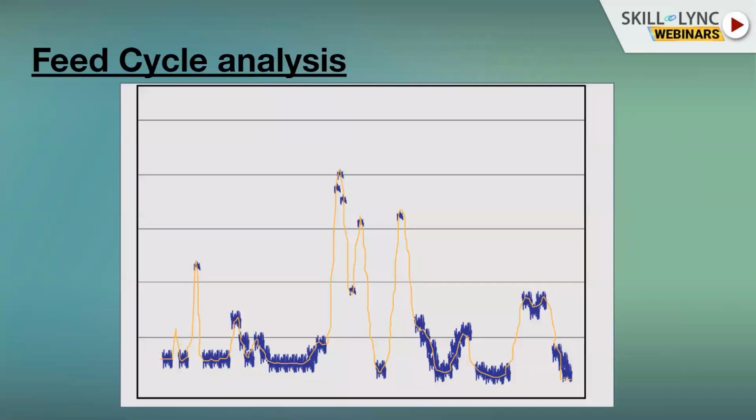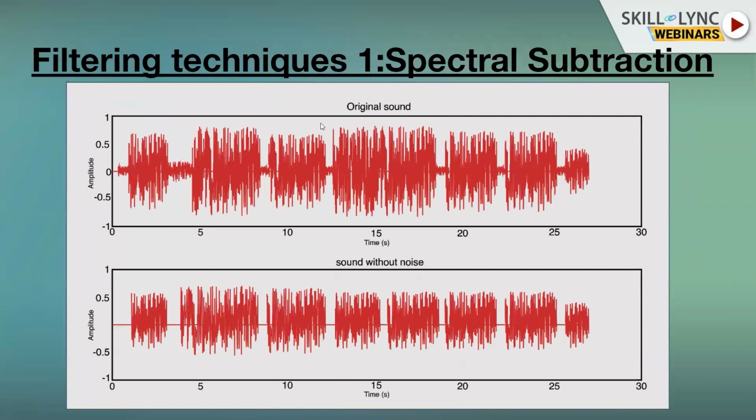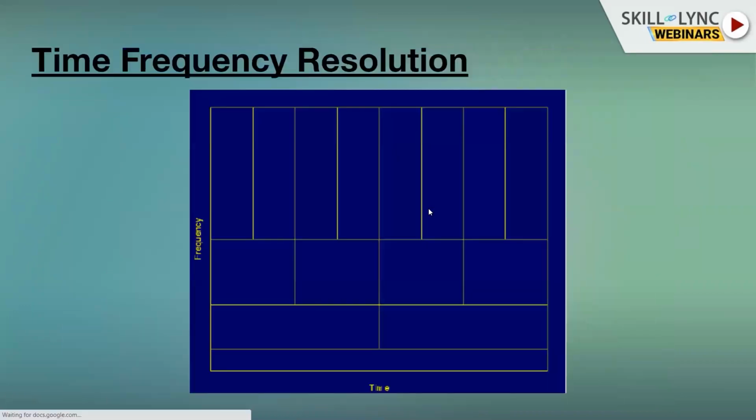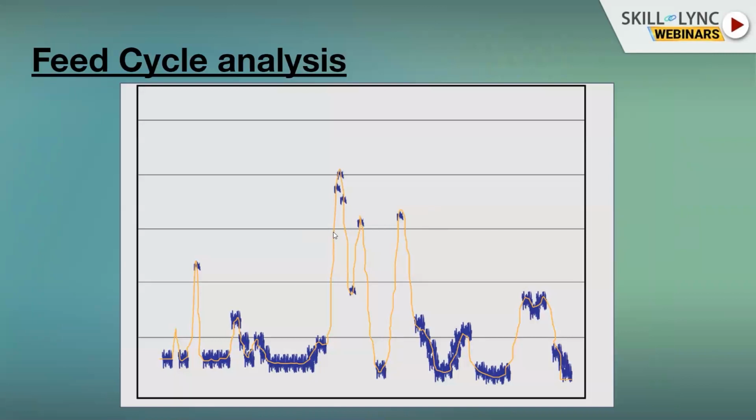So what happens is, say we have done all the filtering techniques and all the subcoding techniques, all the time resolution techniques. At the end of the day, we'll be getting a filtered signal. See, this is the raw signal that we got from the audio mic. After we do filtering and all, we'll be getting this signal, but we don't know which part of the signal has the shrimp noise. Then we do localization.